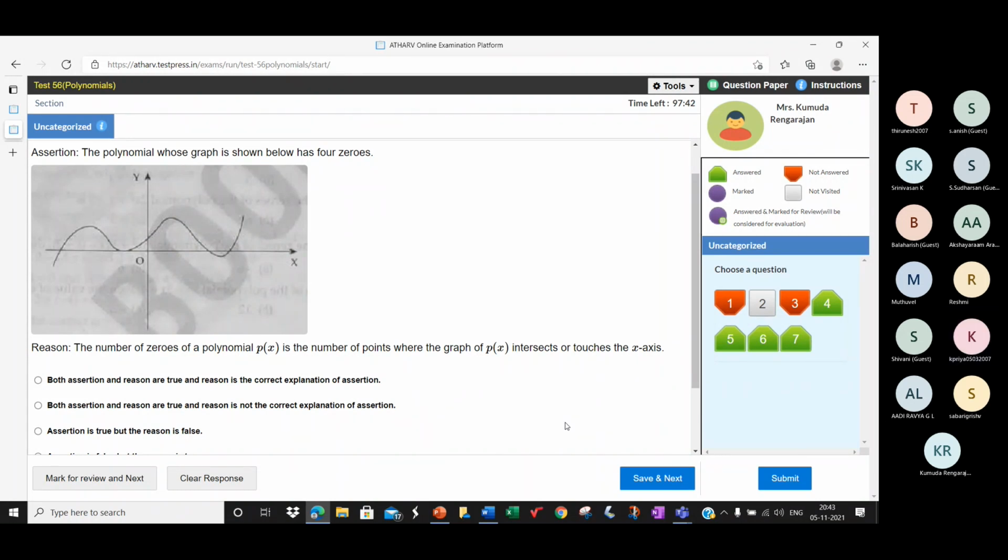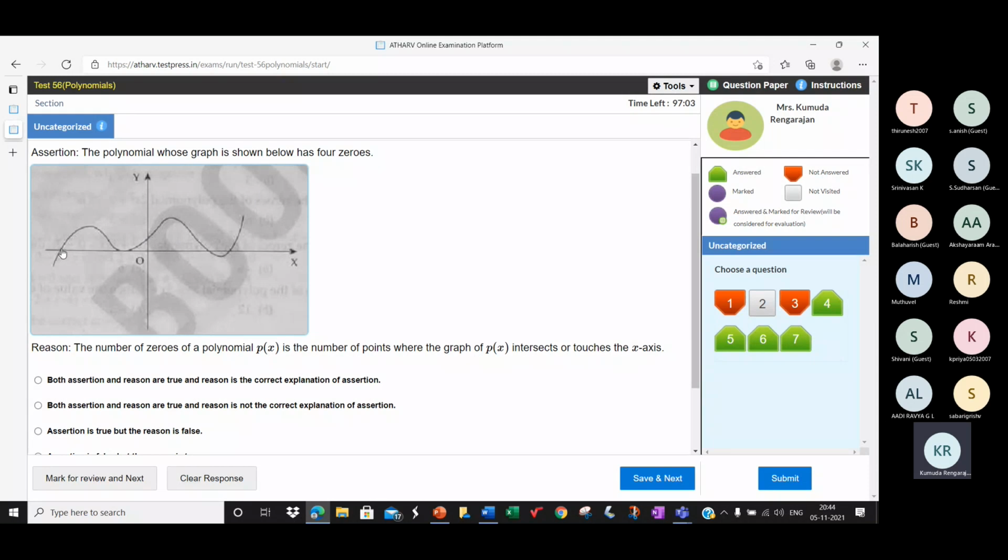Option A, ma'am. All right. So we can see that the graph touches the x-axis here 1, here 2. Not this one, children. Sometimes we get confused. It intersects here, but it is with the y-axis, not the x-axis. Don't count this point. We are interested only in the points where the graph touches or intersects the x-axis.